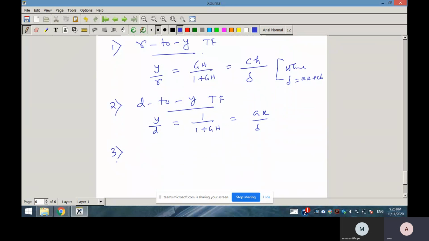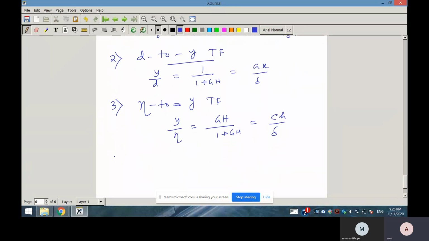And then third is eta to y transfer function. That means your noise, how much noise amplification will be there. So that will depend on this transfer function. So y by eta transfer function is GH divided by 1 plus GH. It is the same as R to Y, but the difference is R is a low frequency signal, but eta is a high frequency signal. So this is equal to CH by delta. You can easily see, and then finally